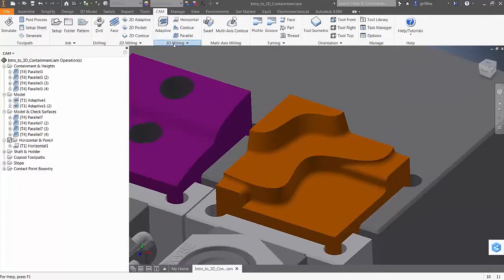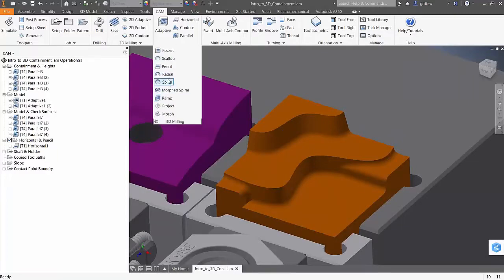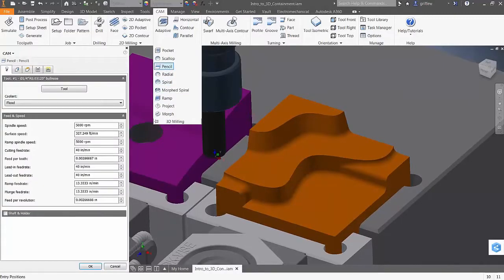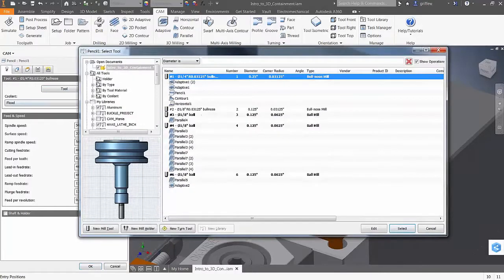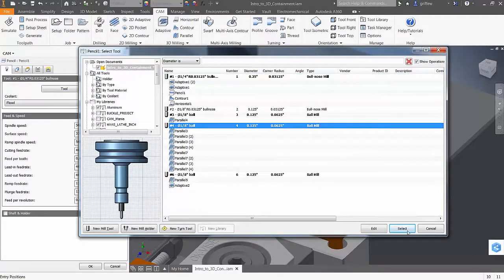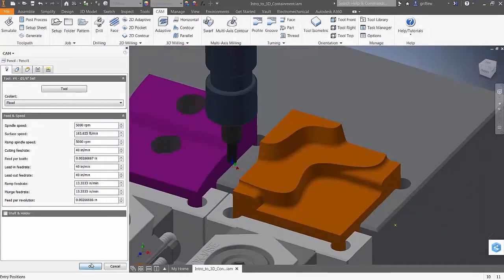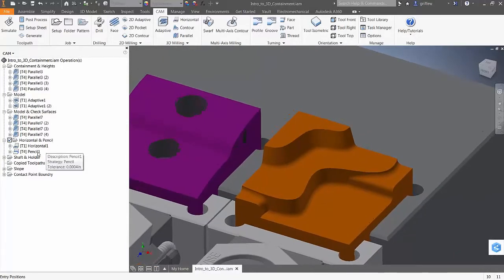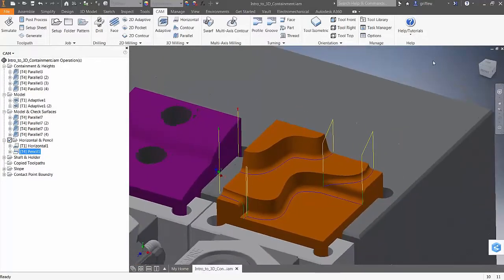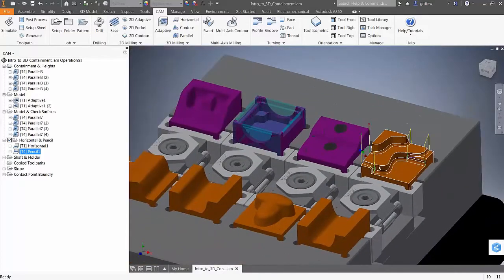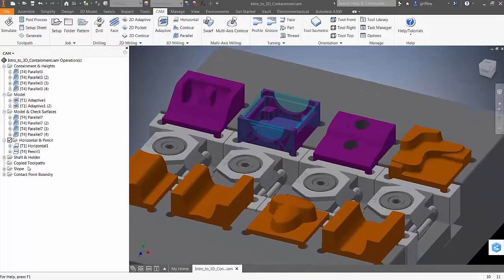Another toolpath that we use like that is our pencil. So for a pencil toolpath, I'm going to go in and select a 1/8 inch ball. I'll select this one. I'm going to say OK. It looks at the model and it finds all those places where it can do those internal corners, automatically finding its own containment. So I'm going to take a look at some other ways we can do those as well,